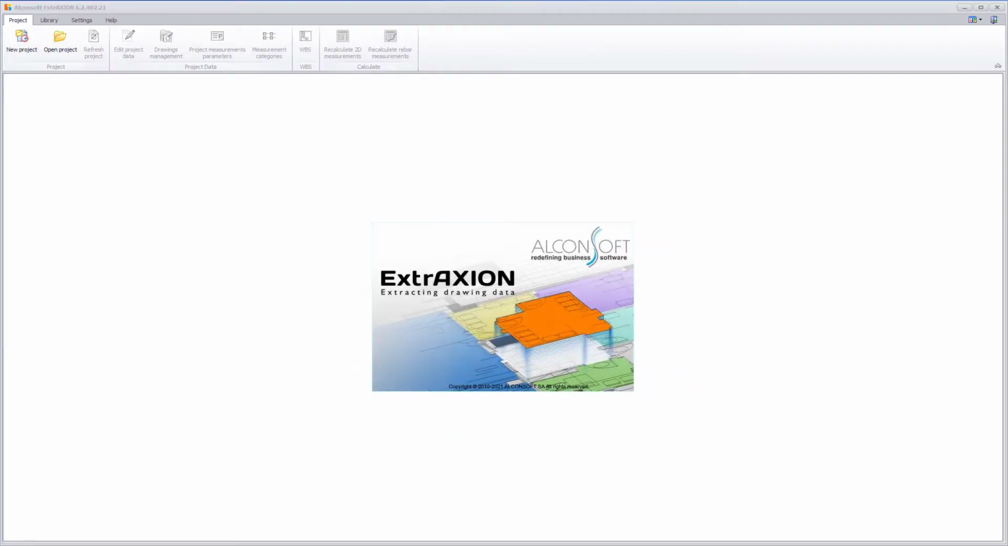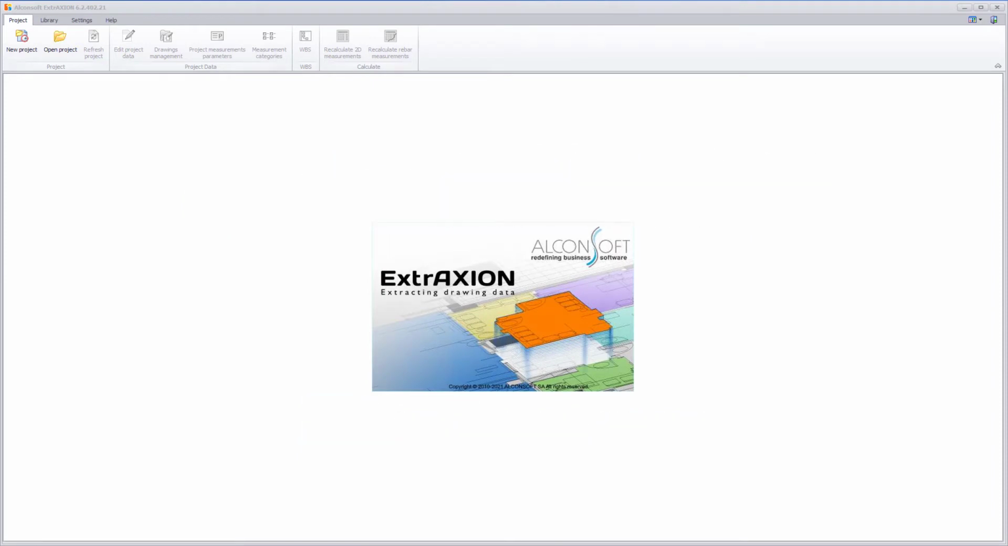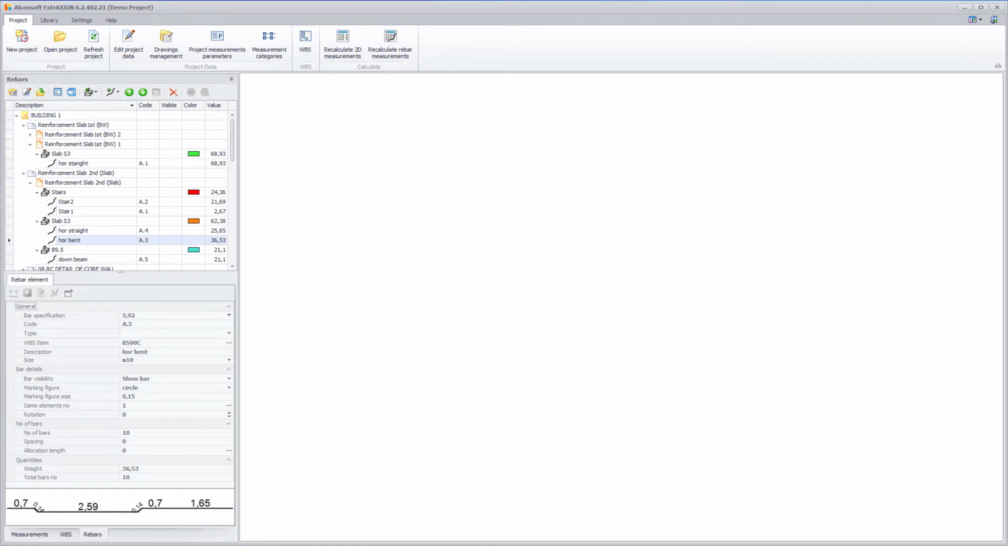Welcome to the short presentation of ExtrAXION Rebars, the add-on to ExtrAXION, the quantity takeoff software tool. ExtrAXION Rebars allows the rapid, high-precision measurement of steel reinforcement, directly from the drawings, allowing more accurate cost estimation of